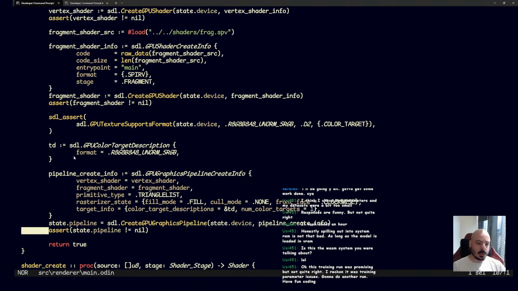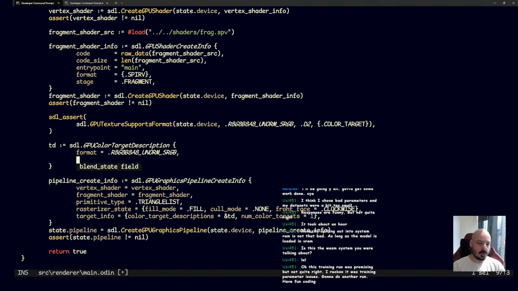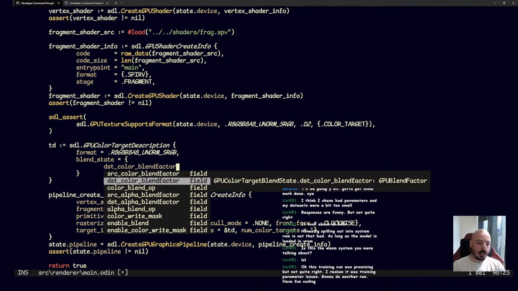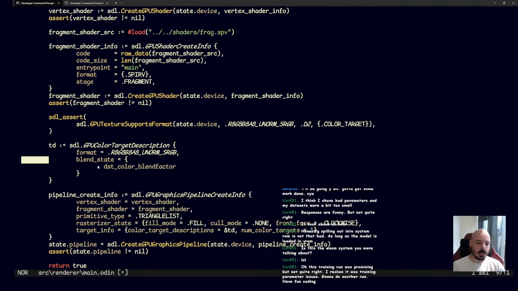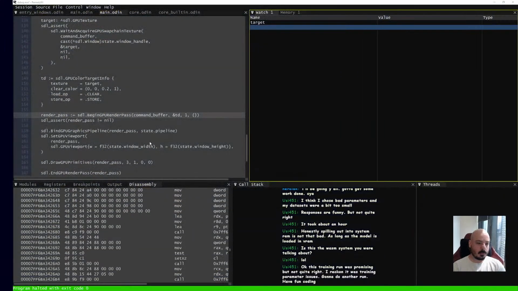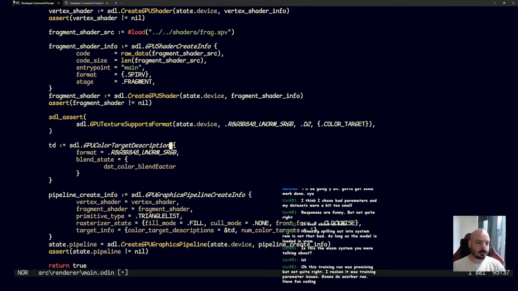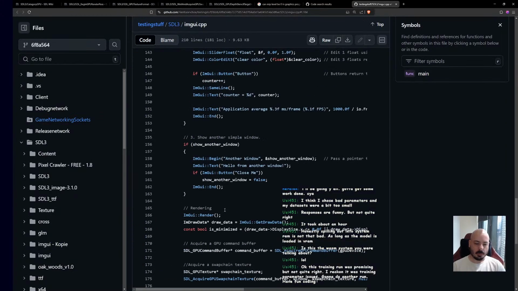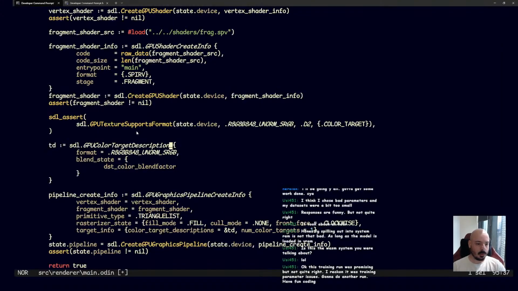I've got a feeling there's some perhaps cascading issues. Like maybe because the blend state isn't set to anything, then when we try to begin the render pass, it doesn't work. Maybe? I don't know. Let's have a look. What does this person do with the blend state? We're looking for